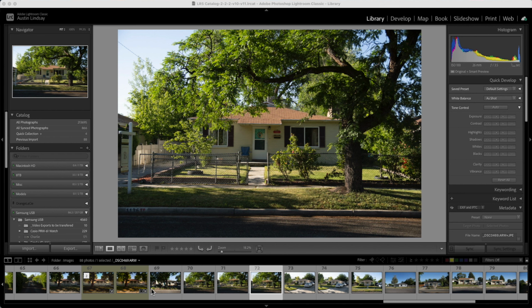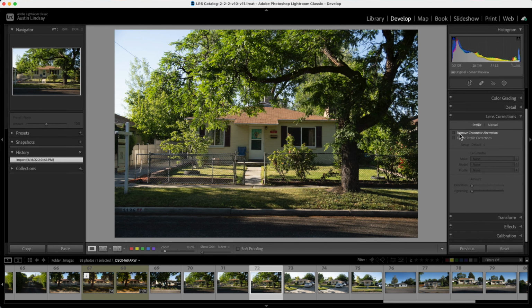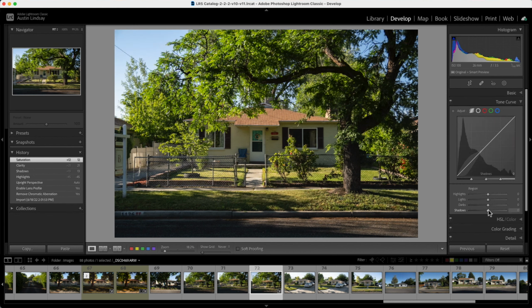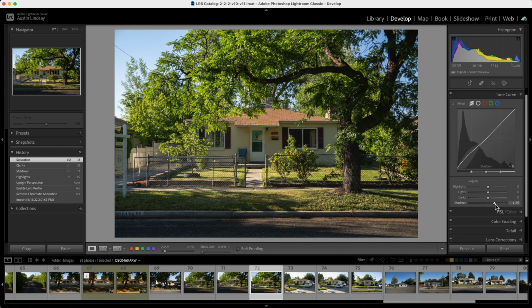So I'm going to just show you how this works in Lightroom really quickly as a plugin. So what we have here is a house just around my neighborhood. So I'm going to go ahead and just do some adjustments on this in Lightroom to adjust some of the exposure and some of the little tweaks before I bring it into Dehancer. Alright, so now that I have this photo looking how I want in Lightroom, what I'm going to do is